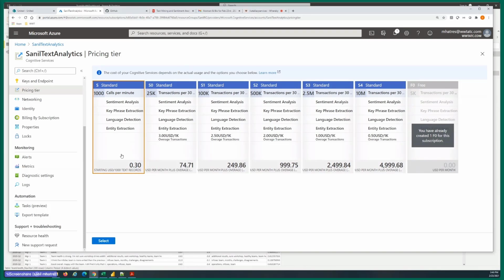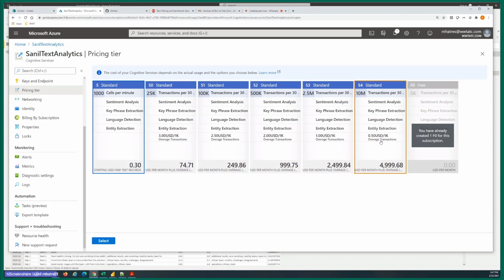The next tier that you can pay for is the standard tier, and it will cost you 30 cents per 1,000 calls. This used to be about 10 cents cheaper the last time I gave this demo in 2019. So it looks like inflation is catching up with Azure. And then you can obviously see all the other pricing tiers.